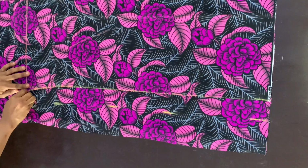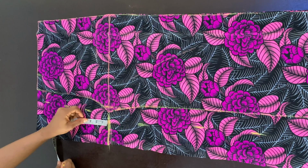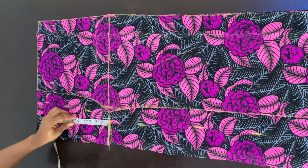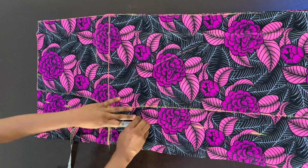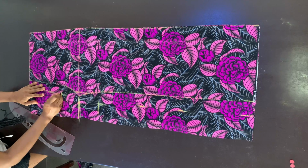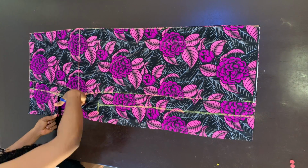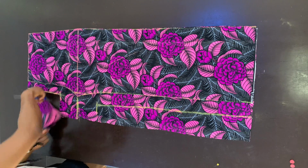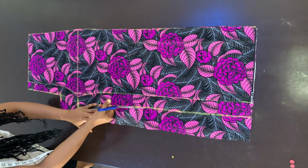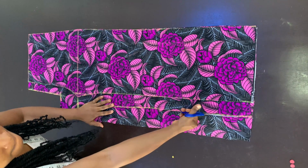Now I'm just going to mark that same crotch line on my back piece there, and then above the crotch line I'm going to mark 4 inches upwards, okay? And then below the crotch line I'm going to mark 5 inches downwards, okay? Now I'm just going to draw a line to connect all those points I marked, so the 4 inches from the crotch line up and the 5 inches from the crotch line down. I'm just going to mark those points, and then I just cut out